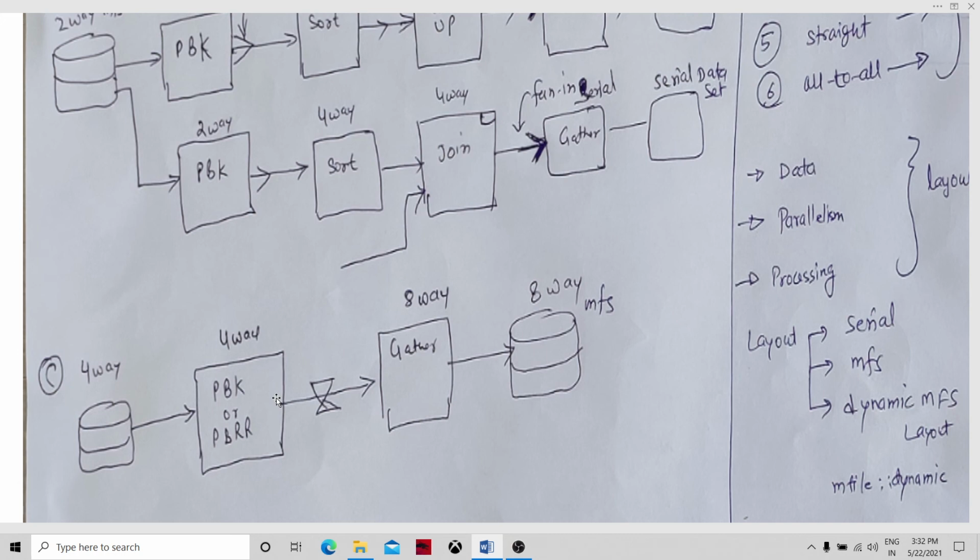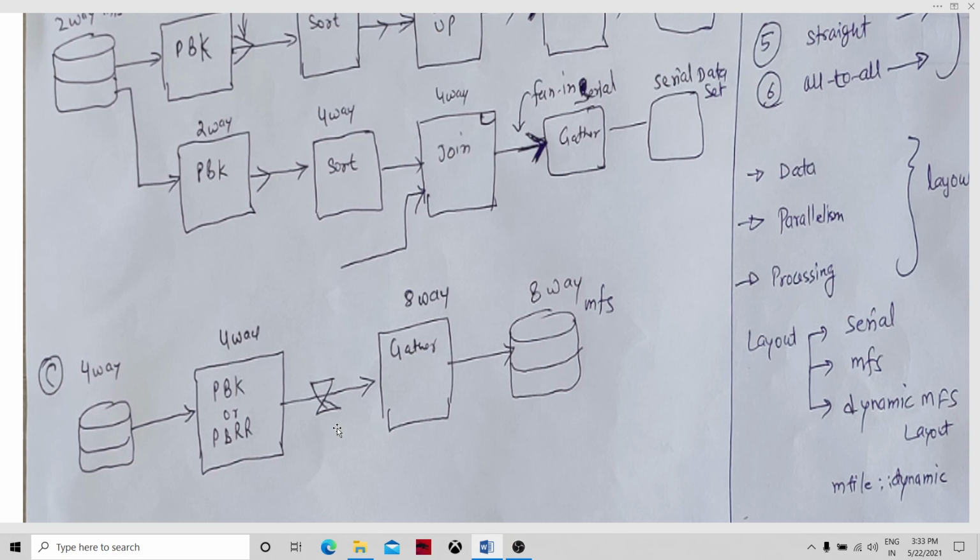From all the four partitions, data can go based on key, if it is a partition by key component, or based on round robin, if it is a partition by round robin component. It can go to any of the partitions. So that is called all-to-all flow, from all four partitions to all eight partitions, anywhere it can go.